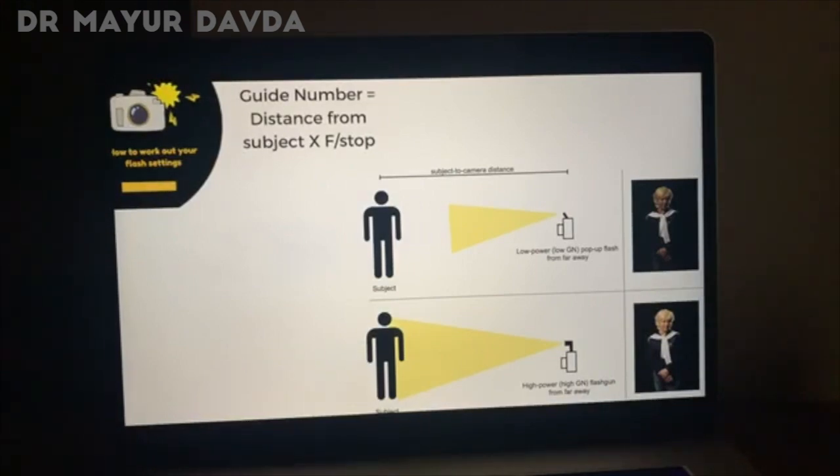So this is a little bit more theoretical. After the theoretical part today, I'm going to move on to the practical aspect of flashes, but let me incorporate a little bit of theory, which is really important for us to understand when it comes to flashes. Before buying any flash, you have to know the guide number of the flash, which is something that most people, especially dentists, are not aware of. You should know the guide number of the flash that you are planning to buy.